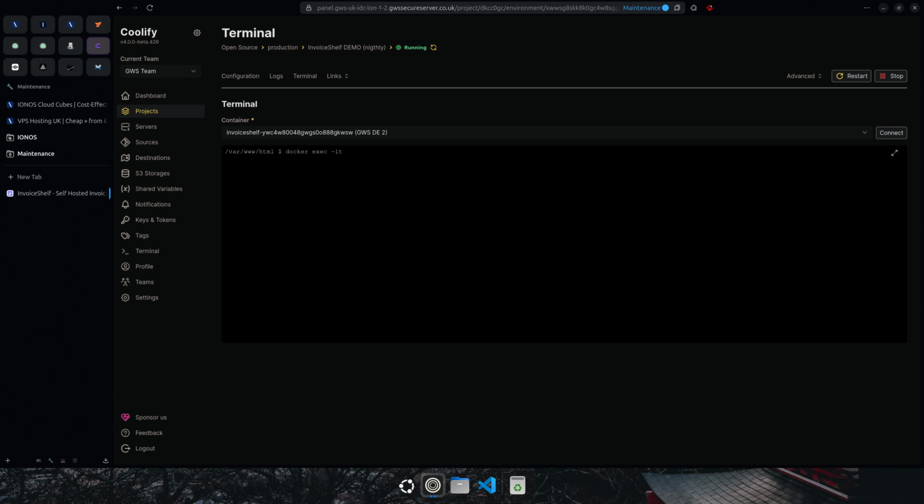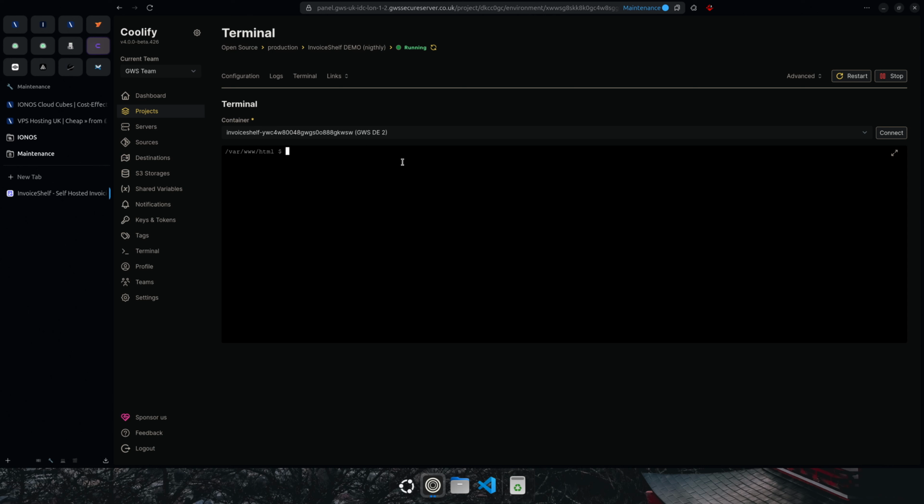So say for instance this Docker container is called InvoiceShelf. Now we can just say in, and then it will figure out which container you actually want, if there is not any other container that starts with in. If there are more than two containers that start with the same ID or the same name, you need to make it unique enough that Docker can figure out what to do. And then after that, you need to type in bin bash, and once you hit enter, it should ideally bring you